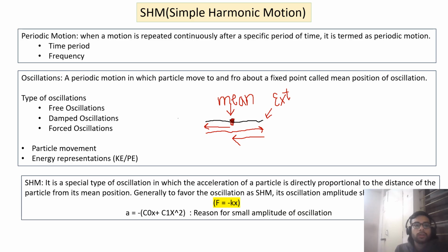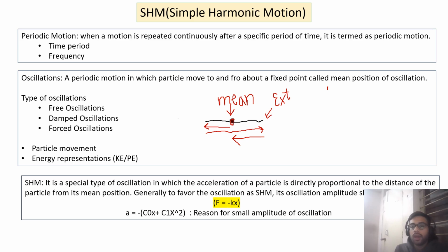Now, we have to again see that particle movement. So I have shown the particle movement diagram here. Now, oscillations. Another example through which we can represent oscillation is using the energy diagrams. So see, I am drawing the energy diagram, the potential energy diagram. One more thing: at the extreme positions, the potential energy is high, and at the mean position, the kinetic energy